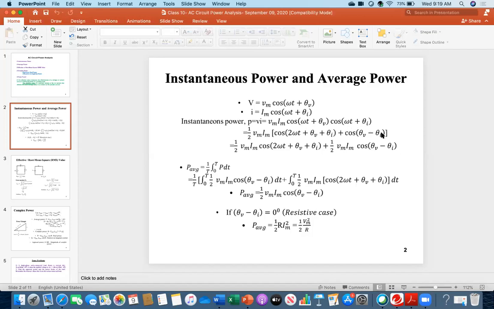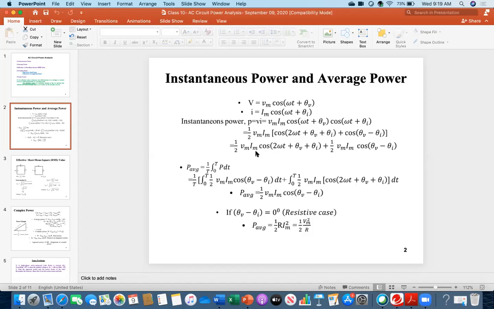Everybody, could you follow me? Do you understand this second line? Yes, this is just the trigonometry. As I said, if you have the 2 here, 2 cosine of this and this, that's why there is half here. Okay, so after that, you see the third line, I just organized it.